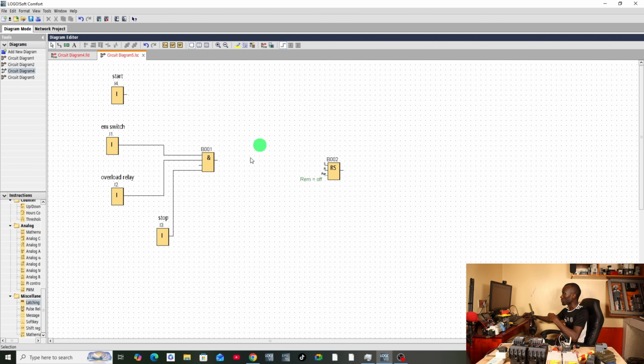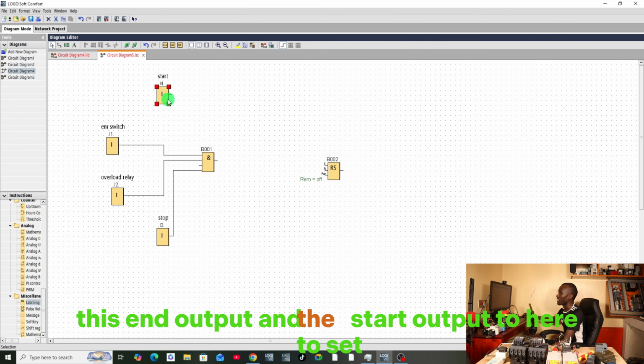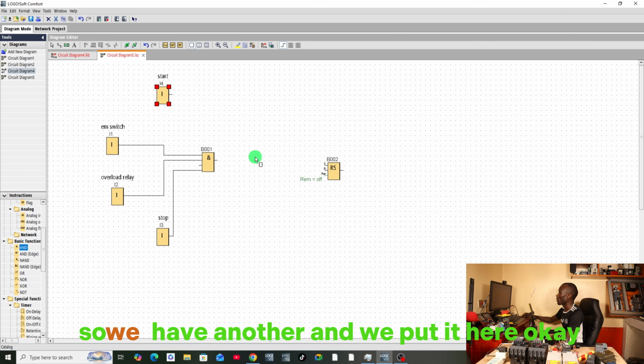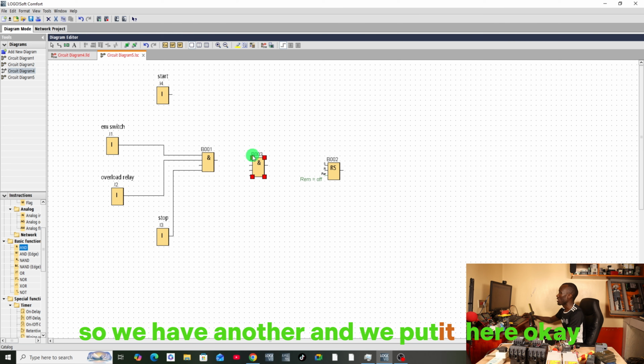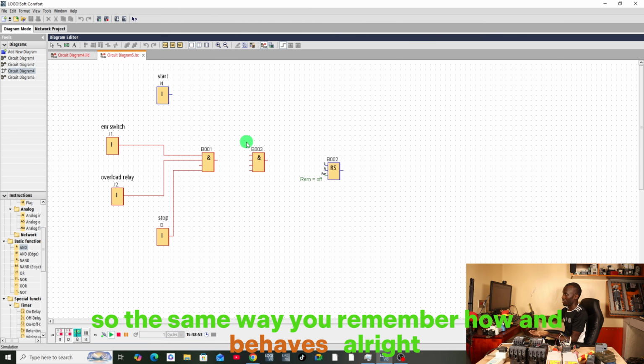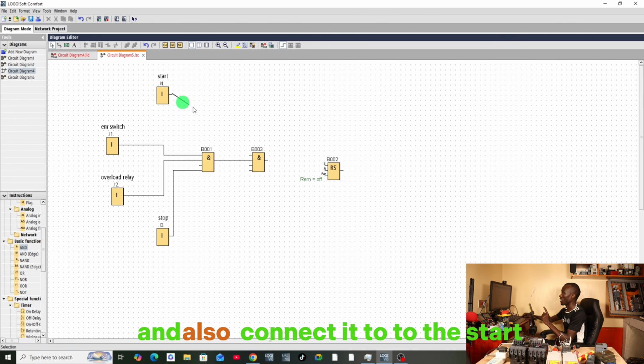Okay, all right. Now what we need to do is to connect this AND output and the start output to here to set. So let us get another AND and you will see why. So we have another AND, we put it here. So the same way you remember how AND behaves. All right, so we will just connect the output of the first AND to the second AND, and also connect it to the start. Okay,